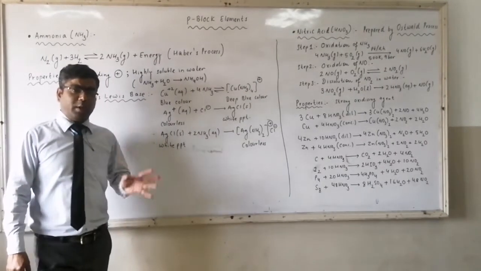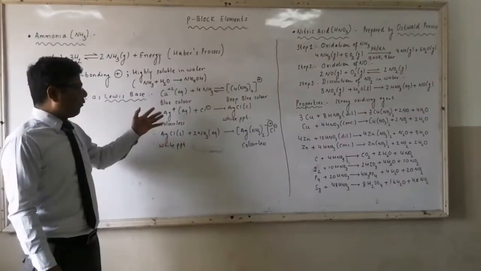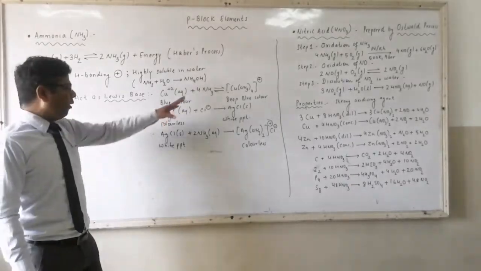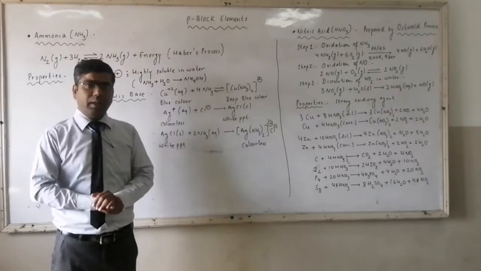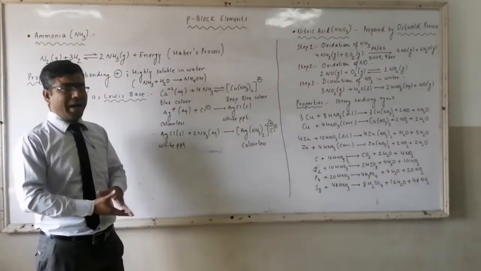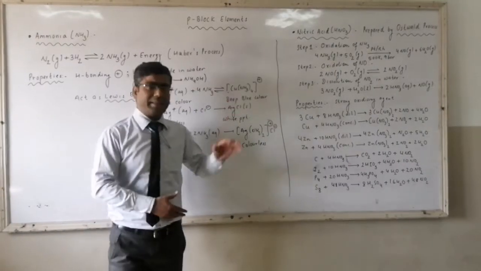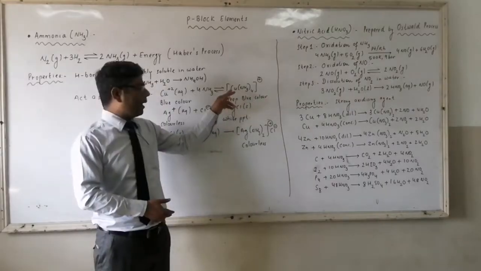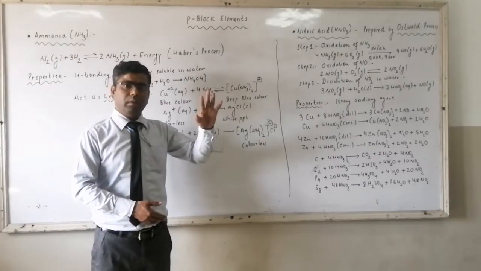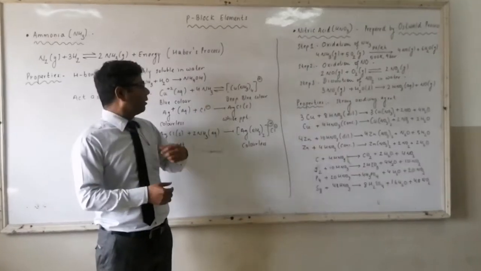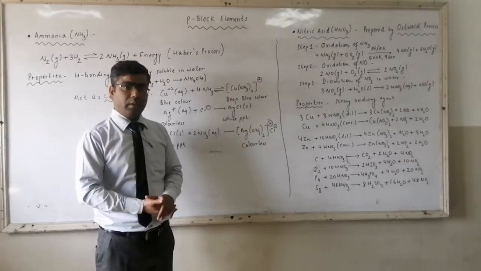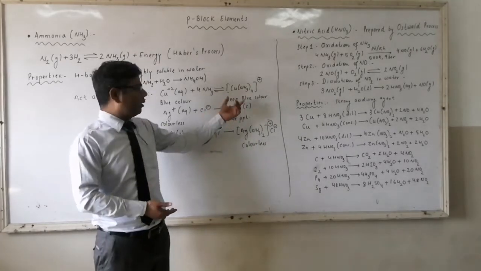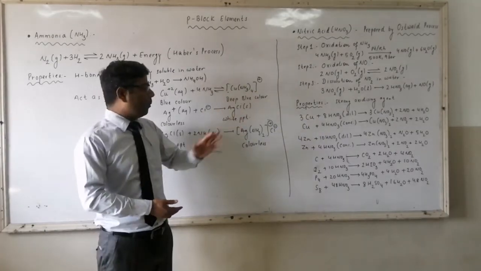Due to the presence of Cu+2 ion, copper sulfate is having blue color. When ammonia is added, this blue color is converted to deep blue color because Cu+2 ion gets converted to a complex ion, that is tetraamminecopper(II) ion, [Cu(NH3)4]2+. It will be plus 2. So due to formation of this complex ion, it will form a deep blue color.